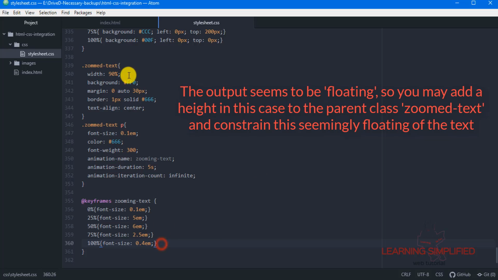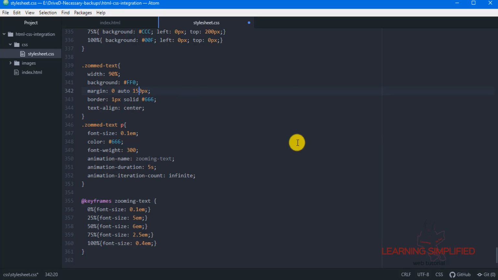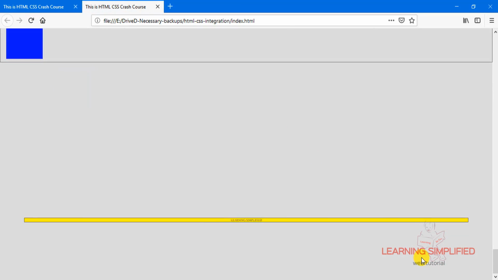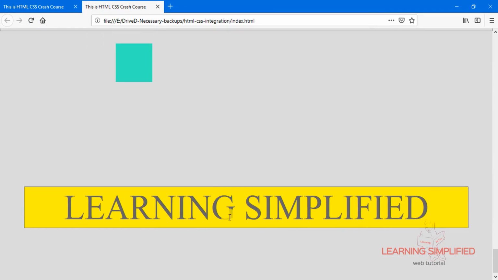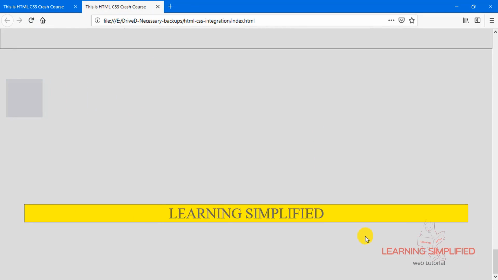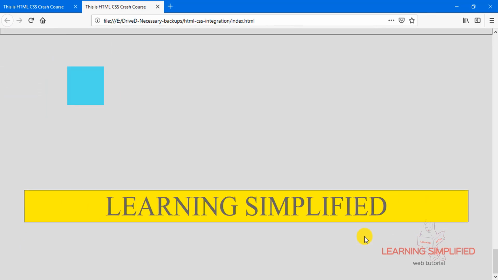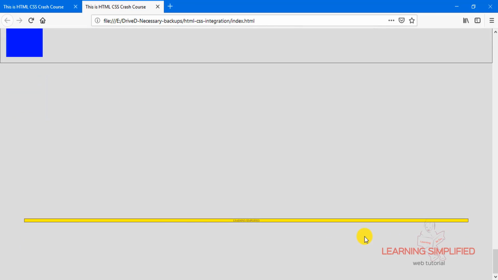Now, to make it a clearer view, first of all, we may increase this particular bottom margin here, and if we reload, this is the thing which is happening right over here. The text is now getting bigger in size for a certain instance, and then it is getting smaller again.